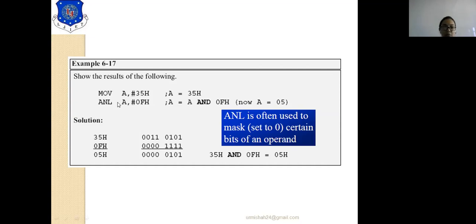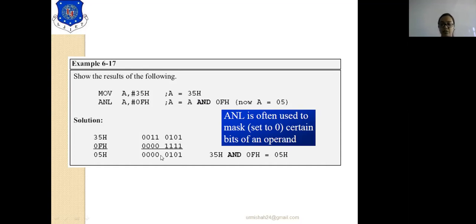Now performing the AND operation between these two, accumulator 35H and 0FH, it will give you the final answer as 05. AND operation you all know: 0 into 0 is 0, 0 into 1 is 0, 1 into 0 is 0, 1 into 1 is 1. So AND operation is nothing but the dot operation.